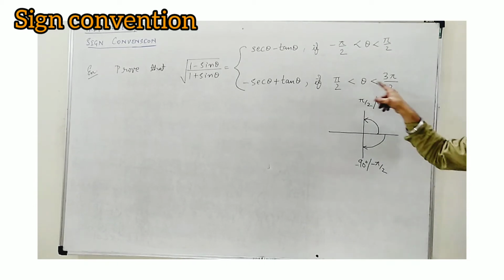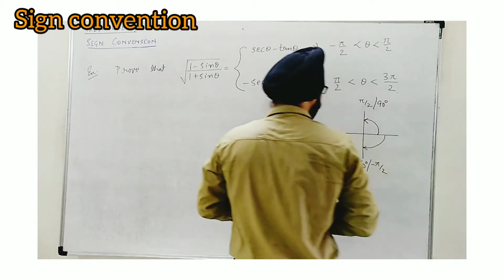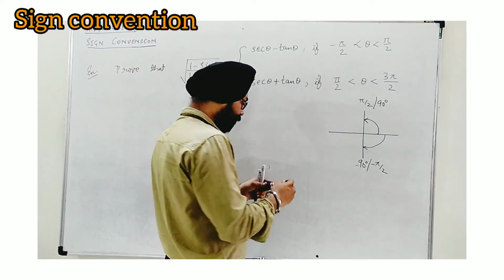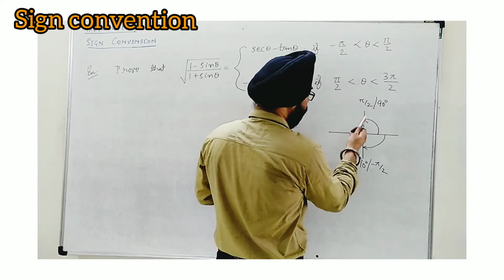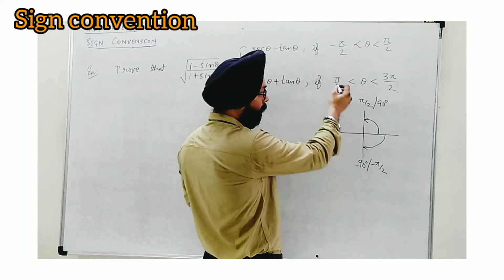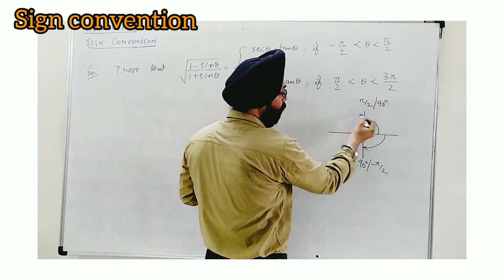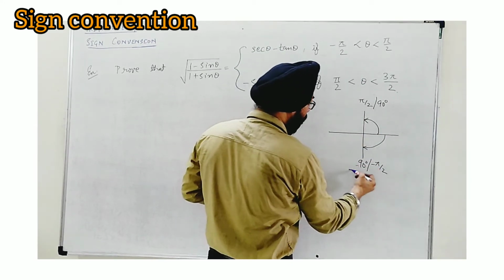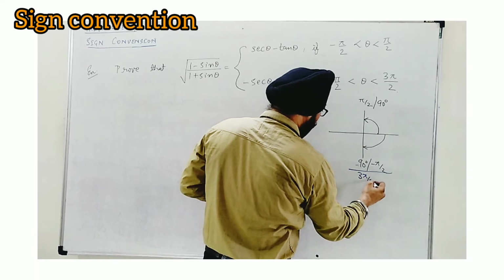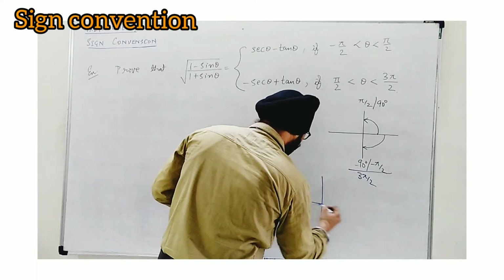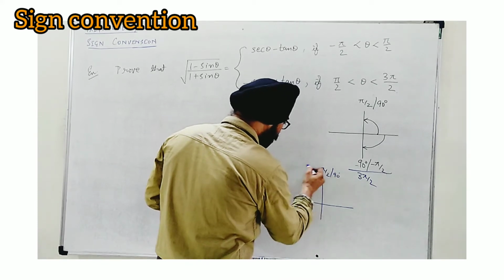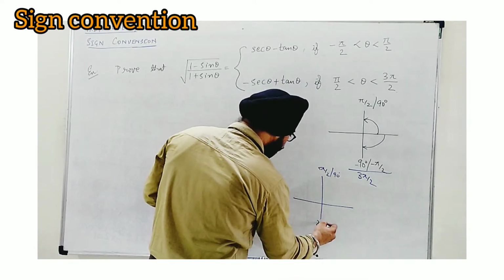Similarly, pi by 2 to 3 pi by 2. If I go to this pi by 2 to 3 pi by 2, I find this is pi by 2. Now, both angles are positive. So, this much is pi by 2. And what was 3 pi by 2? It was 270 degree at the same position. 3 pi by 2. If separately you draw, this is pi by 2, 90 degree. And 3 pi by 2, it's a 270 degree positive.